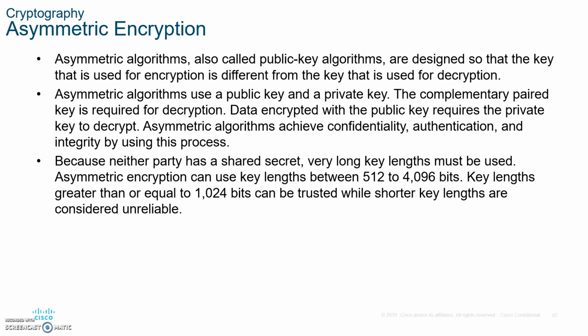Asymmetric is when you create 2 keys. And if you encrypt the data with one, you have to decrypt it with the other, okay? So what I do is I'll create 2 keys. I'll keep one. That's called a private key. And I'll give everybody that wants to communicate with me in a secured manner the other key, called the public